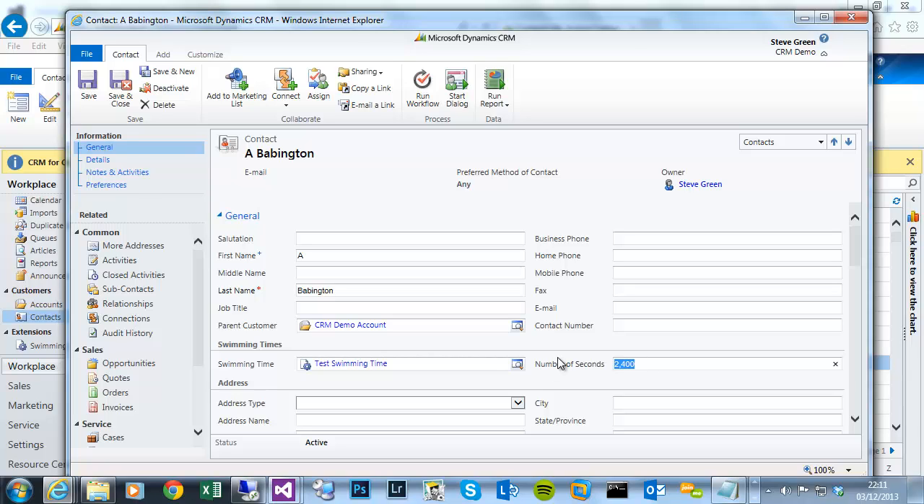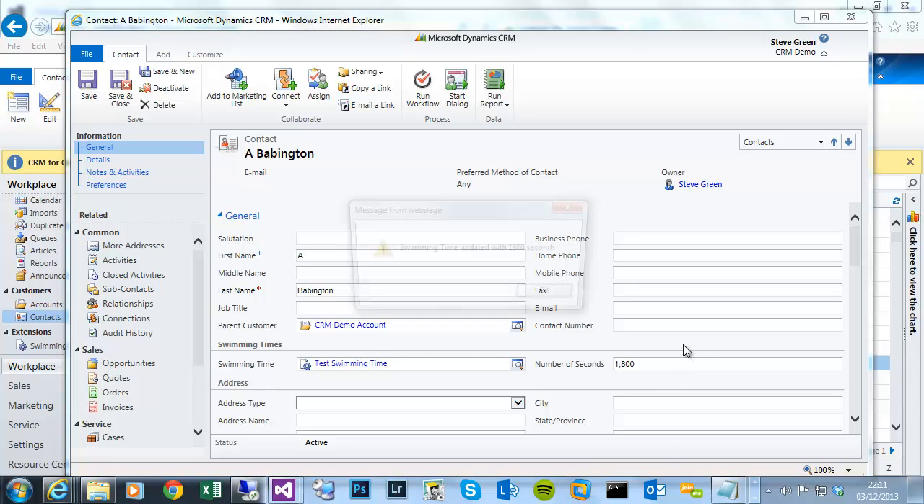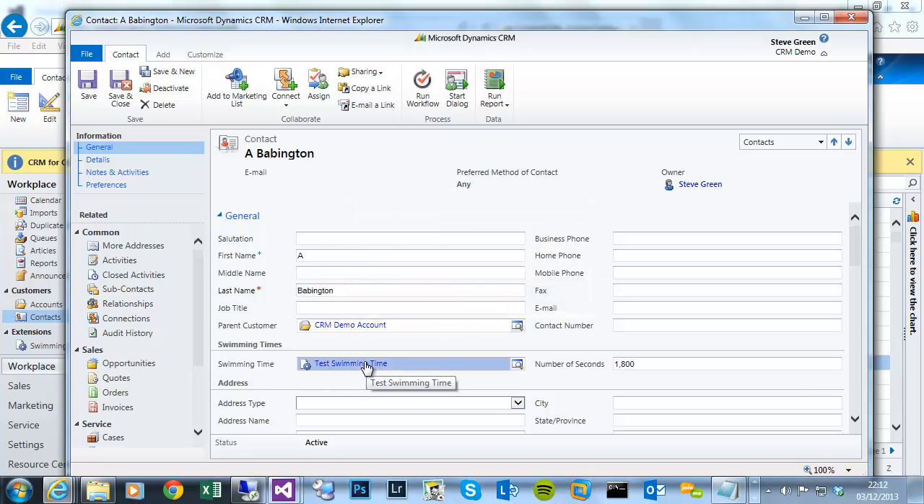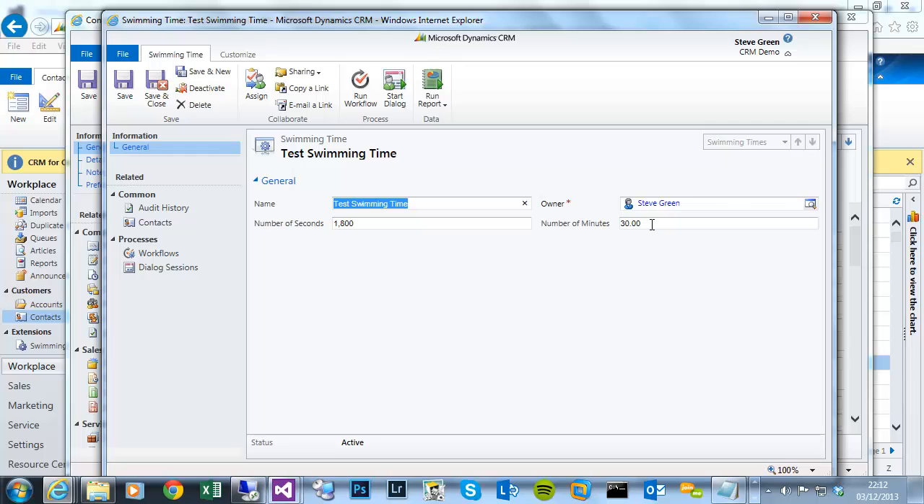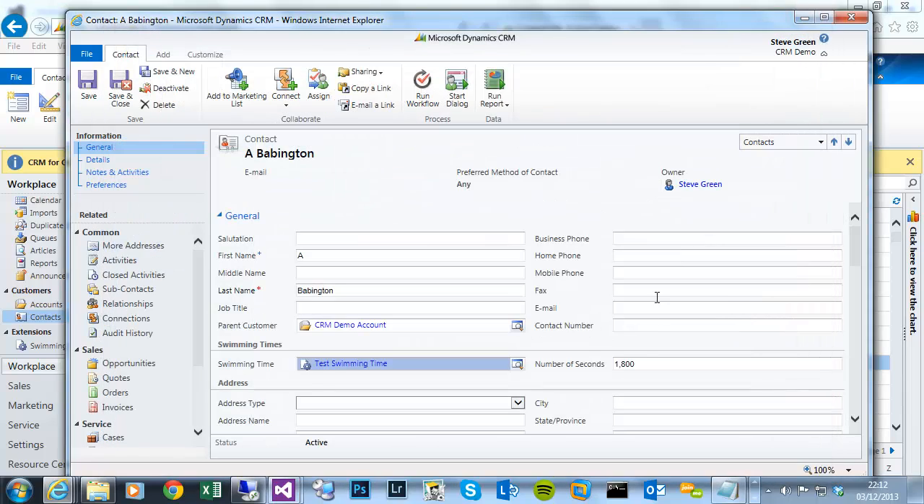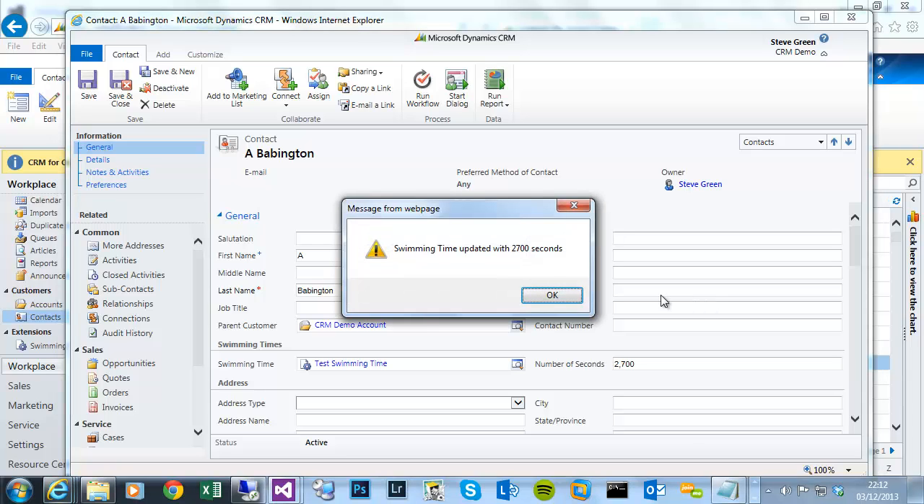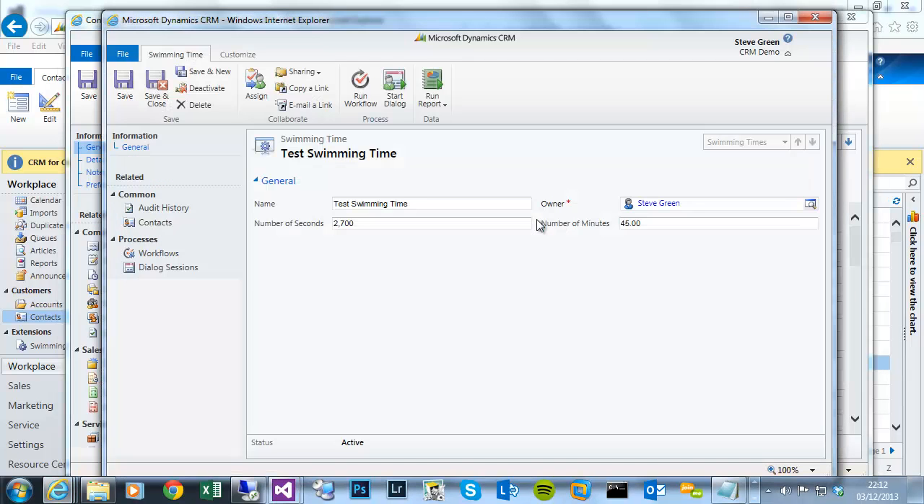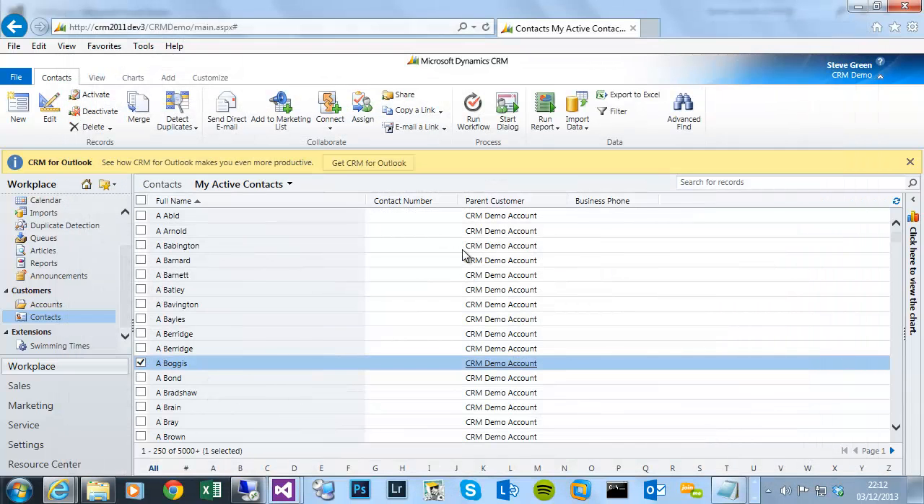So if I change that to 1800, we get our success message. So from a contact entity, we've changed the field. Our JavaScript has updated this associated swimming time entity record, and there you can see our number of minutes calculated. If I change it to 2700 seconds, success message from our JavaScript. Look at the associated swimming time record. There's our 45 minutes. So I'm hoping that was what Mark was referring to when he talked about indirect triggering